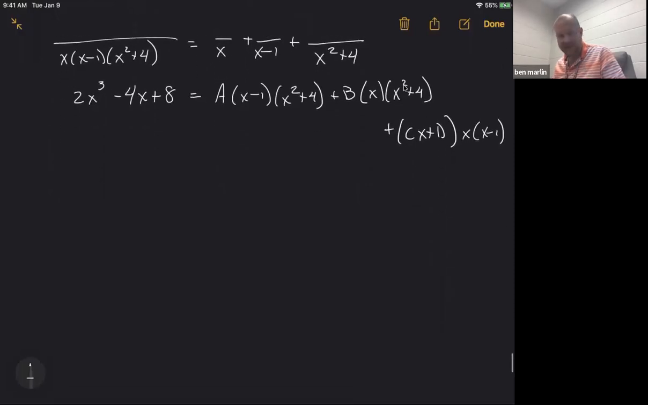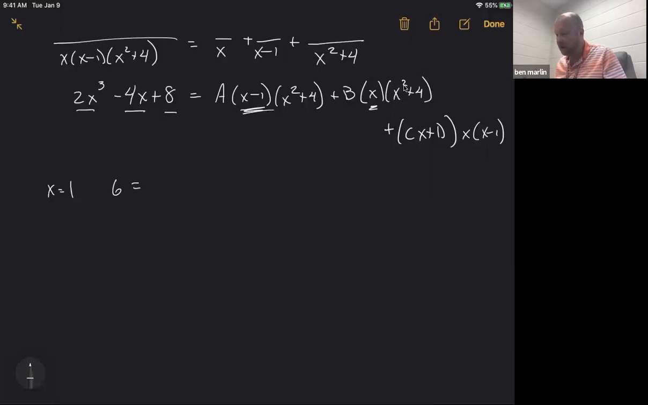See what I mean about it is a little bit miserable? So x equals 1 is a value that'll be convenient to plug in, and x equals 0 is a value that's going to be convenient to plug in. So I'll start with x equals 1, right? Over here on the left-hand side, plugging in x equals 1, you've got 2 minus 4 plus 8. So that would mean that you end up with 6 is equal to